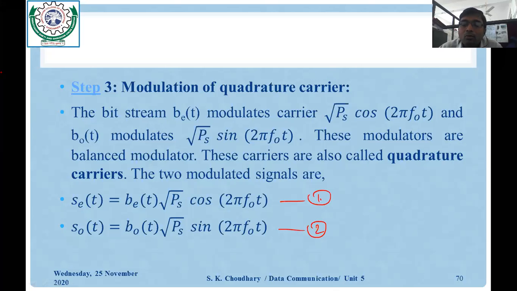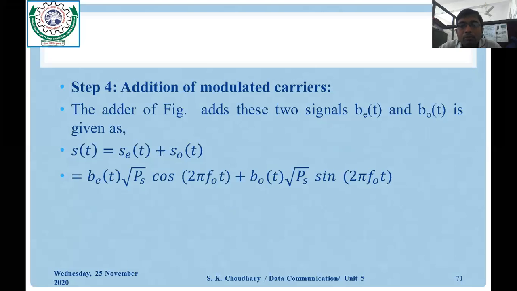So that's why we are going to combine these two, even and odd components, and make these two BPSK signals into the QPSK signal. The first step is the addition of the modulated carriers, and the adder in this figure adds these two signals, as given: S(t) is a QPSK signal,